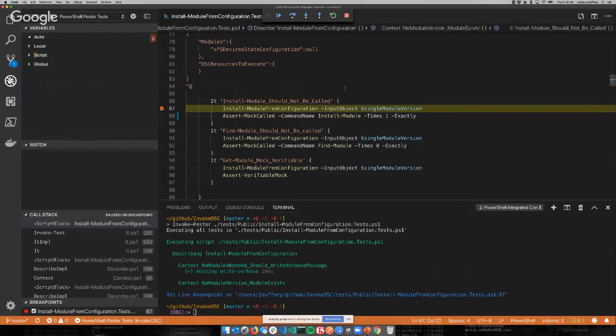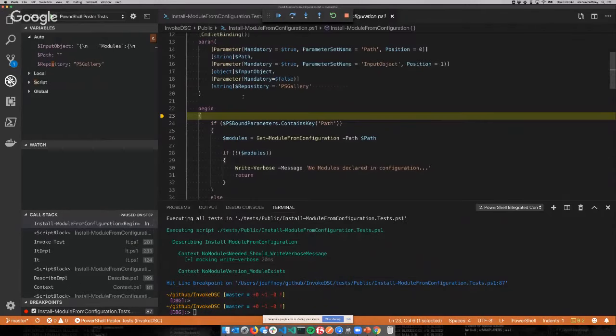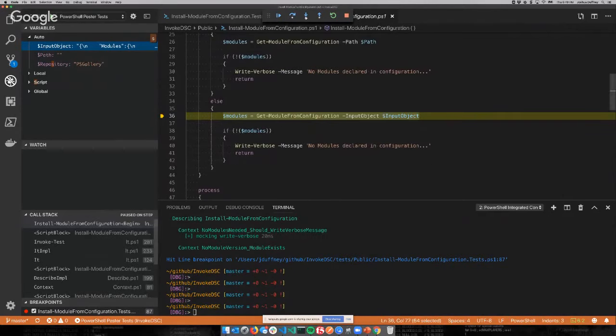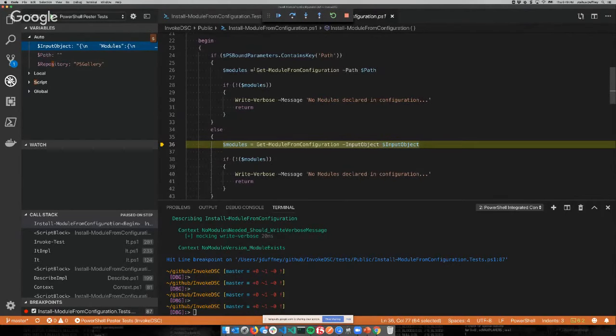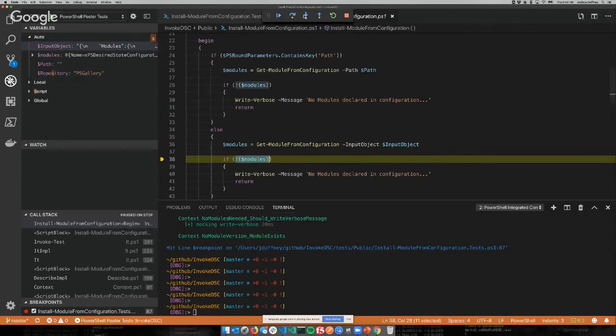I can step into that and see what's going on. And so if we look at the input object command here, we can kind of step into the function. Keys contain path, and the path is null. Oh, there we go. So here, finally, it declared it. So what I'm looking at here is it's getting this from get module from configuration with these particular inputs. And the inputs are the PS desired state configuration, which we looked at before. If we step over that particular function, step into this,